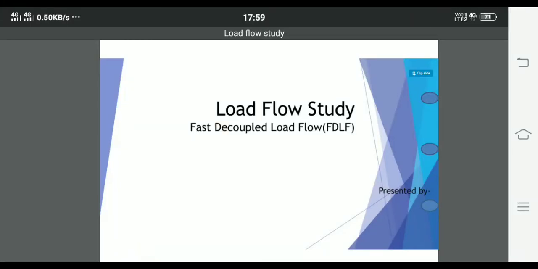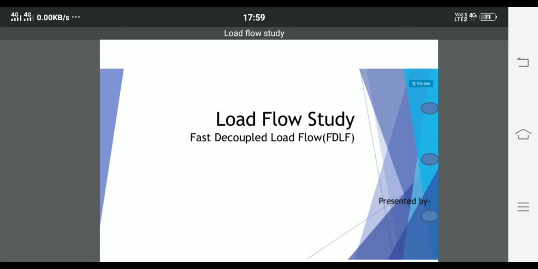As per the last class, we have discussed what load flow analysis is and for what type of system this load flow study is to be utilized. And in the earlier class, we discussed the different types of iteration methods which are used to solve different load flow equations. Now, we are going to discuss a new iterative method called the fast decoupled load flow method, which is also known as the FDLF method.